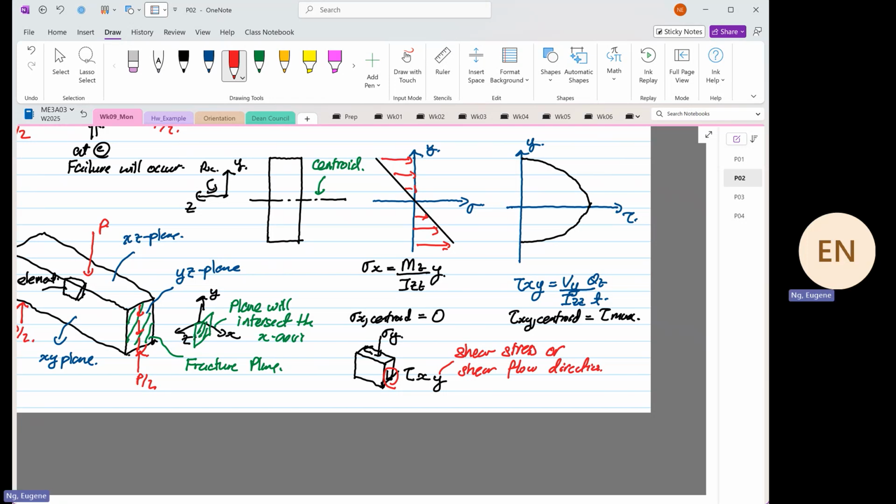Now, like before, the shear can occur in two different planes. So just to tell you what's going to happen tomorrow, in tomorrow's term test,